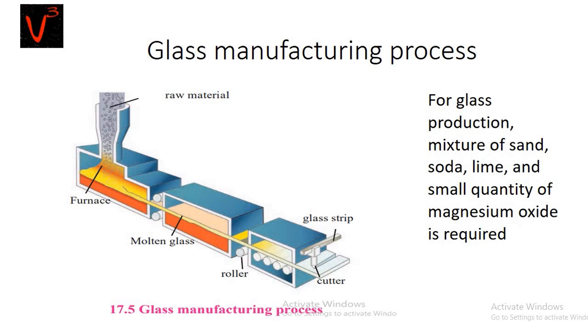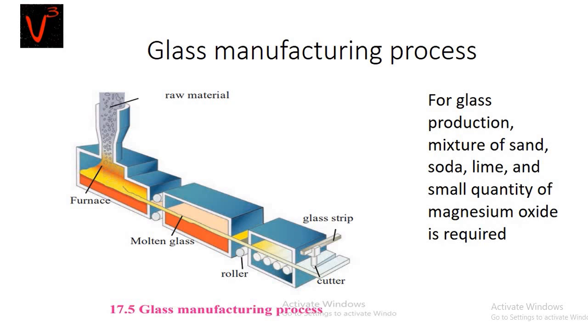We use the glass material on a large scale in our daily life. There is a small story how glass was discovered. Phoenicia is a place. The traders there were called Phoenician traders. These Phoenician traders were cooking in the desert. The cooking vessels were supported on limestones.